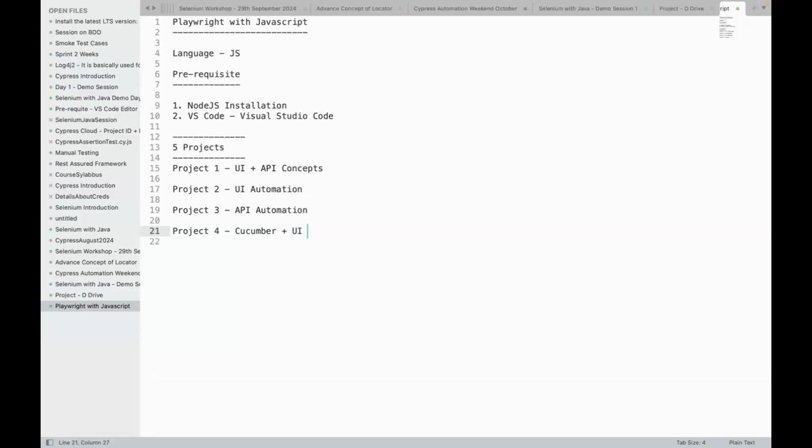Those who are aware, Cucumber is a framework which has a greater market value, so that all the stakeholders involved in the project, at the architect level, are able to understand the scenarios, the feature file, the step definition file, and how we convert those step definitions into respective scenarios and how we run them. Okay, project 4 will be purely about Cucumber integration with the UI automation.